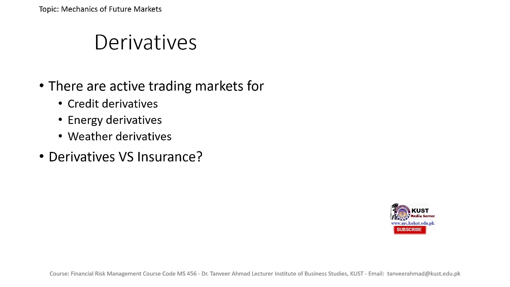On the other hand, the derivative is used for exactly the opposite situation. Derivative is used for the events where the probability of occurrence is high, but the loss from those events would be low. In the earlier slide, we discussed the example of change in the price of a fuel product.